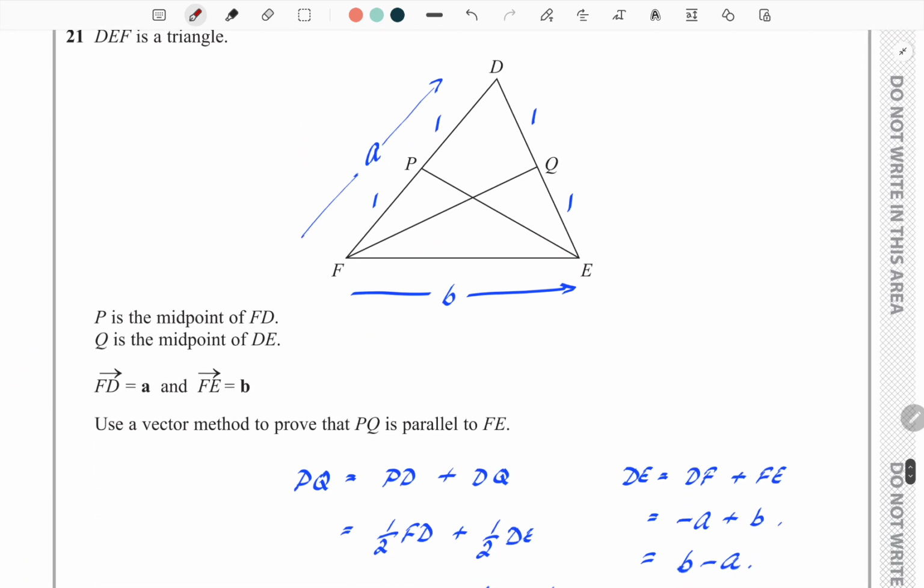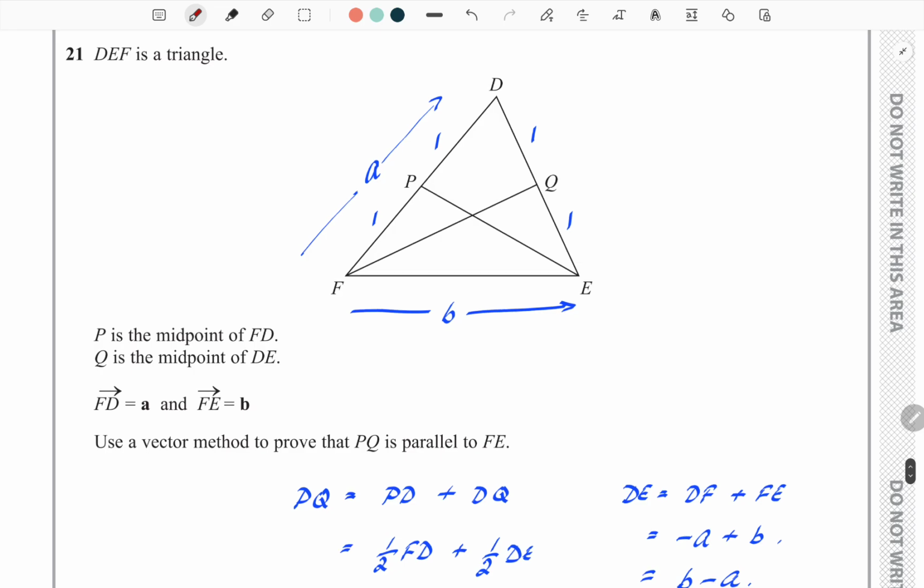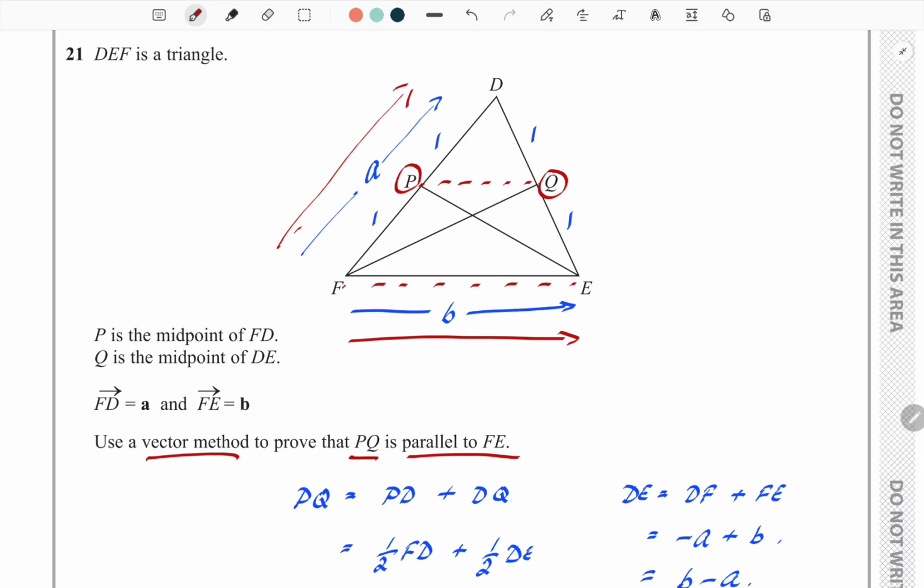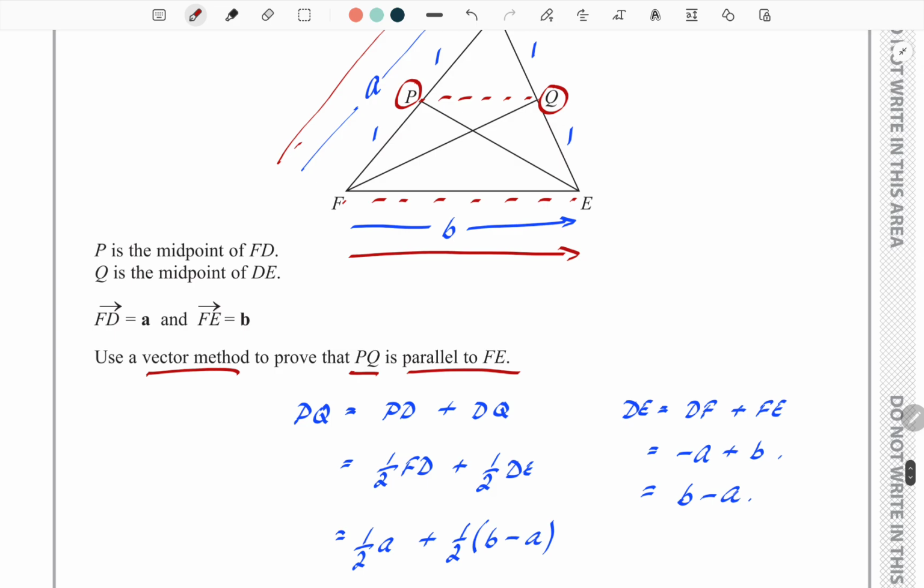All right, 21. DEF is a triangle, and what it's saying is that P and Q are midpoints. So A is the vector going from F to D, and F to E is the vector B. And P and Q are midpoints on each of those sides, as you can see in the diagram. So I'm not going to describe the diagram, it's there. And they're saying use a vector method to prove that PQ, which is that line there, is parallel to FE. And for two things to be parallel,